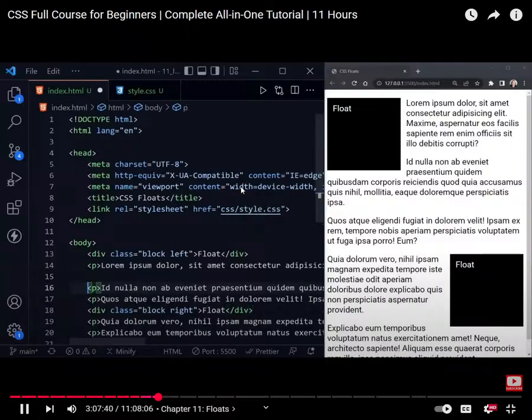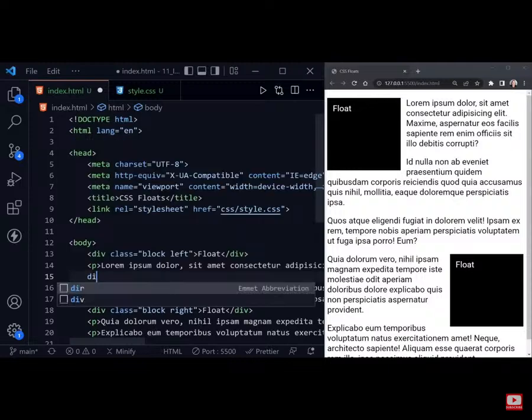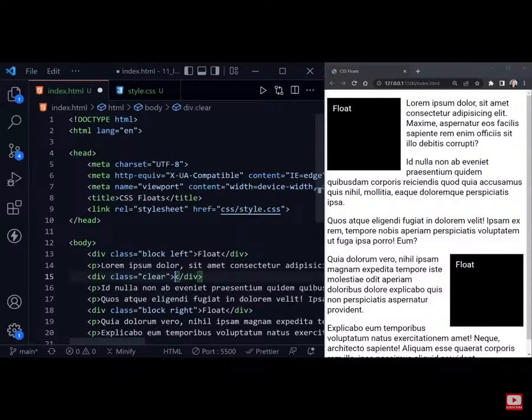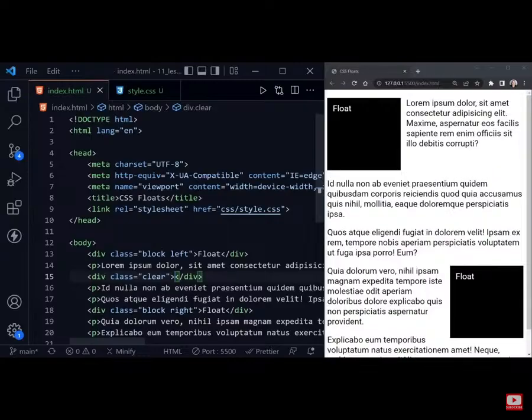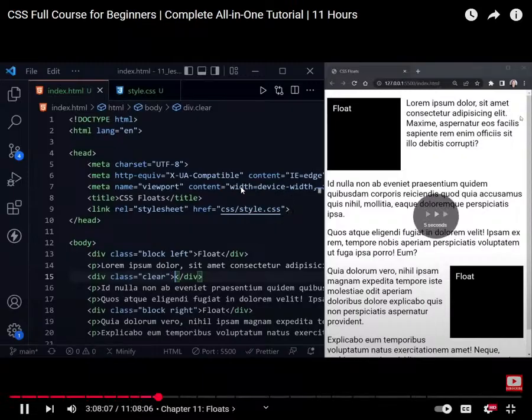if I wanted to clear that, the old way would be to apply another div to the page and give it this class of clear and just leave it empty, and we would save, and then you can see the second paragraph doesn't start until after this div, so it is cleared. But